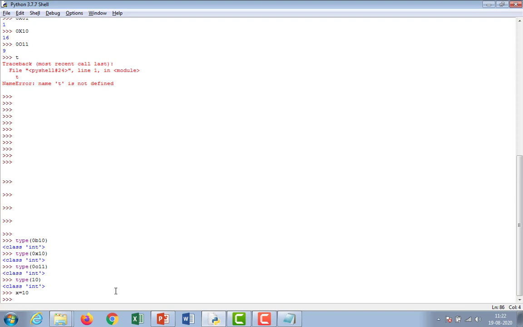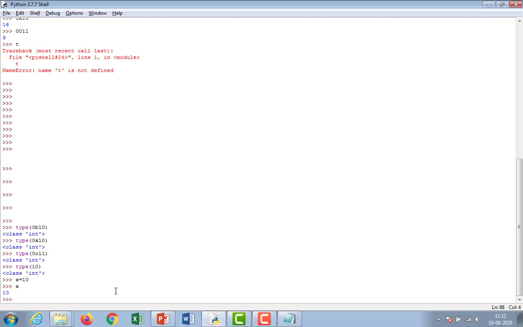After that, if you want to print x, in C programming we would use printf. But in Python, you simply type x and enter. The output of the print statement executes here. No need of giving print.